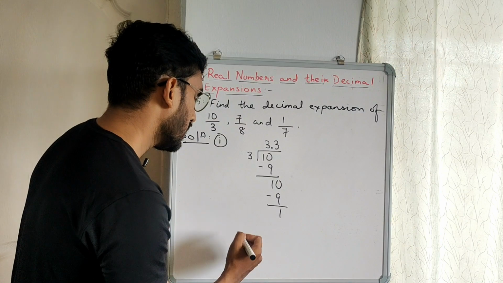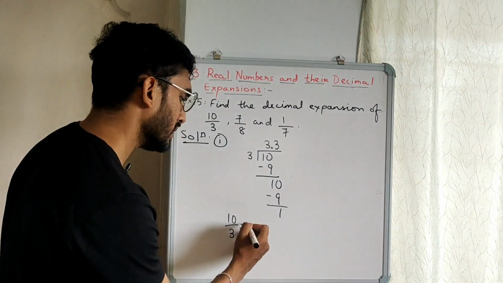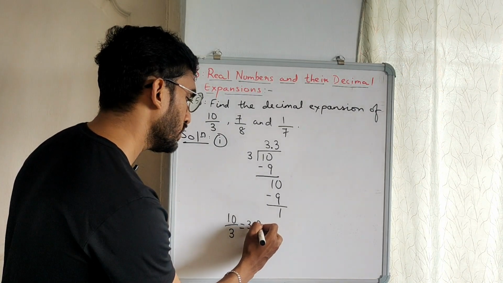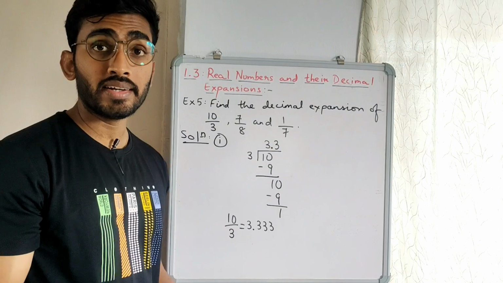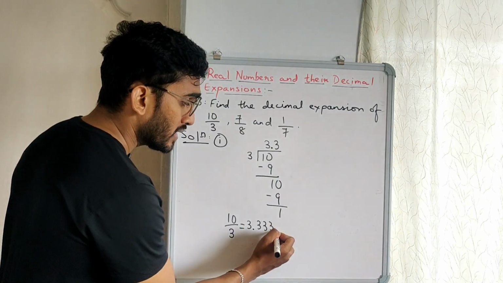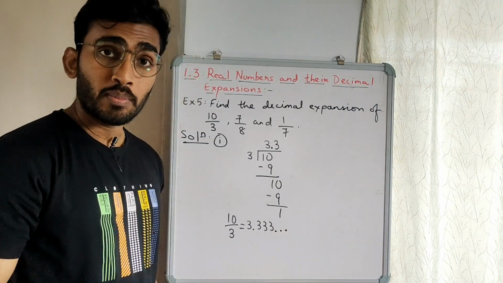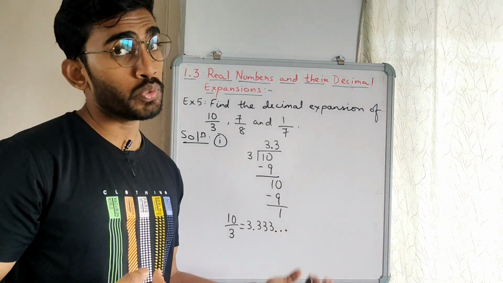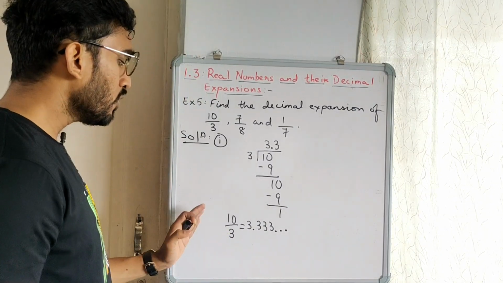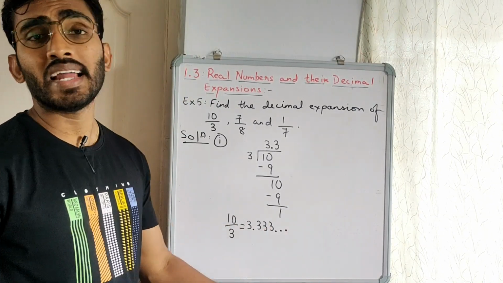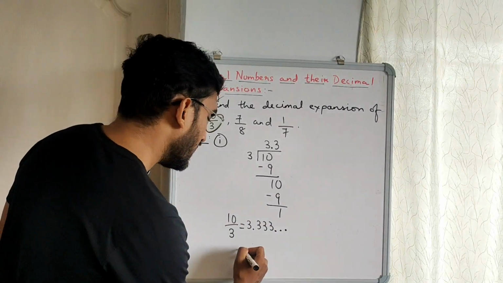As a result, the value of 10 upon 3 we are going to get is 3.333, but how many times? Infinite times 3 is going to come. So we show it symbolically by putting these 3 points, which indicates that this 3 is going to continue forever after the decimal. So the value of 10 upon 3 is 3.333 and so on, which symbolically we can write as